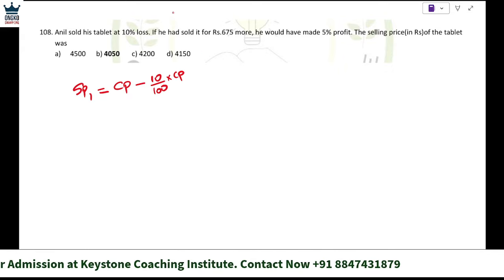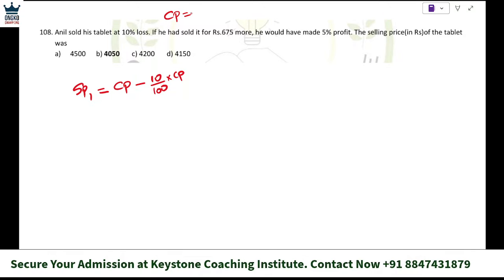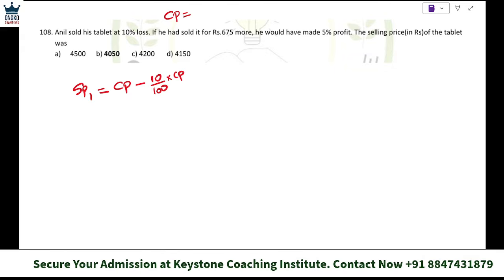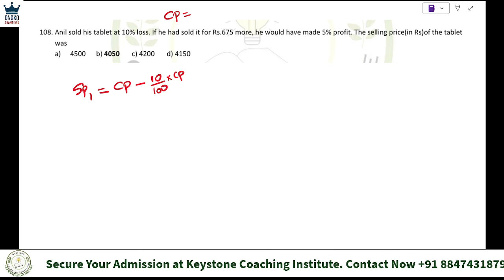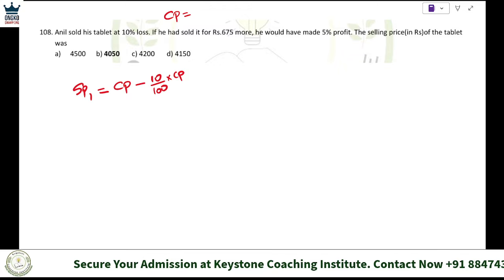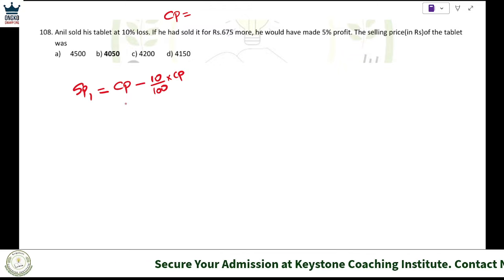We can assume the cost price to be a number also, right? Let's say we don't know the cost price, and he sold it at 10% loss, that means cost price minus